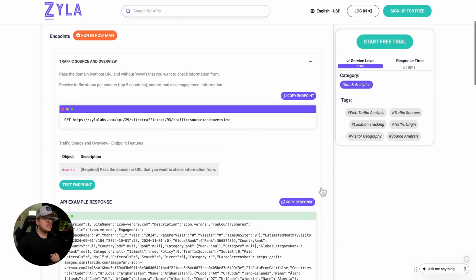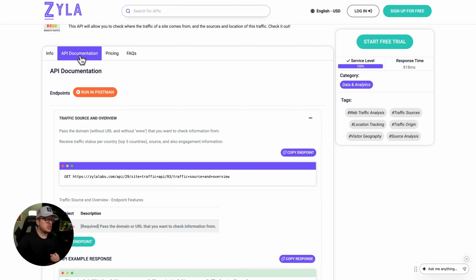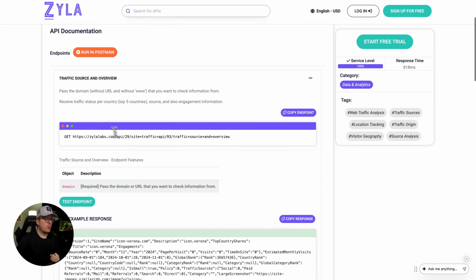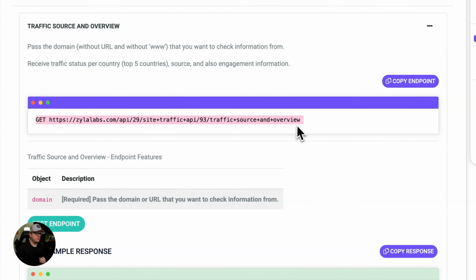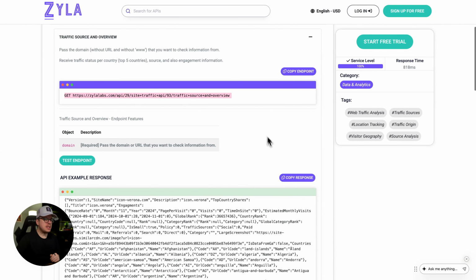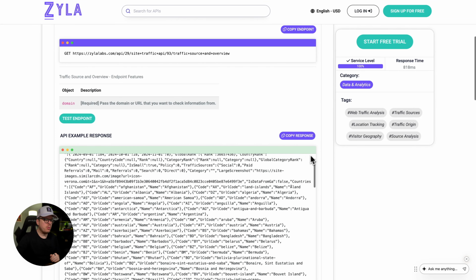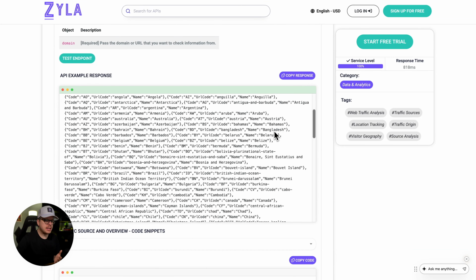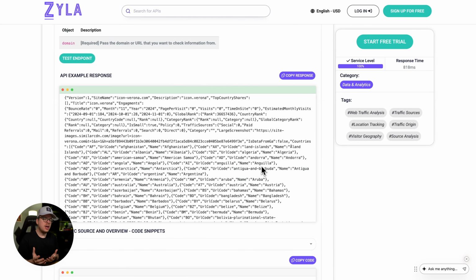So if we go inside of the API documentation like I am right now, and we expand on the traffic source and overview, you can see here the query that we will run, for example, and just below that, we can see the example response that we would receive. Now, in this case, we'll receive essential details like total visits, unique visitors, traffic by country, referral sources, and other